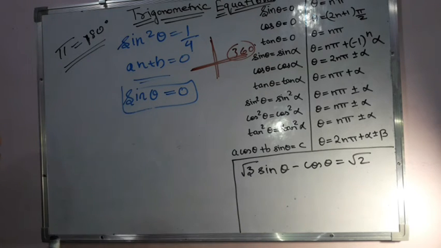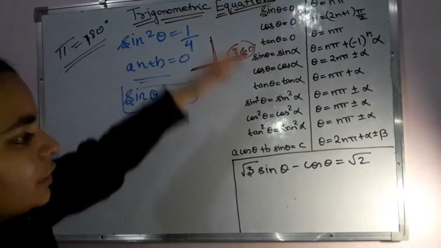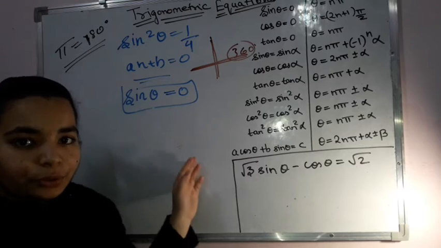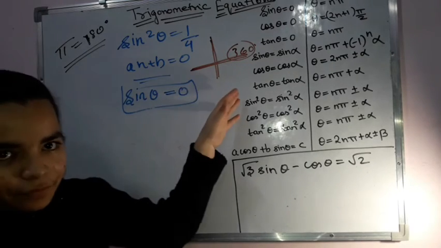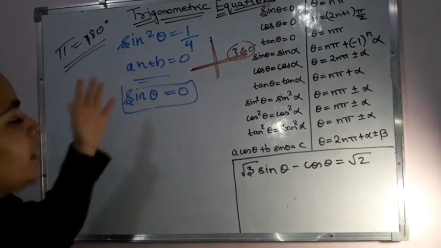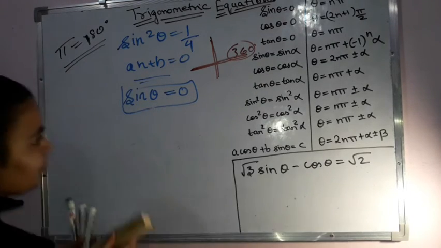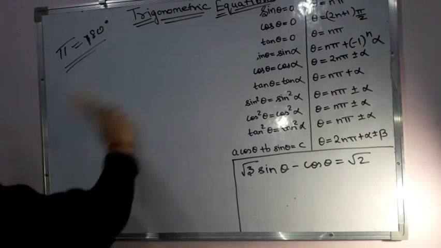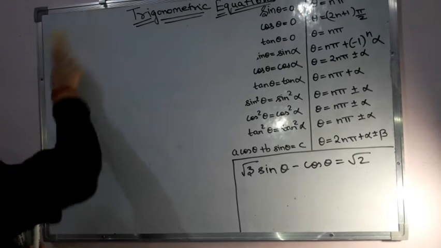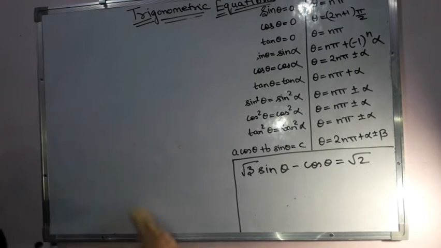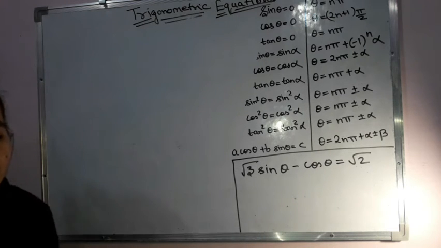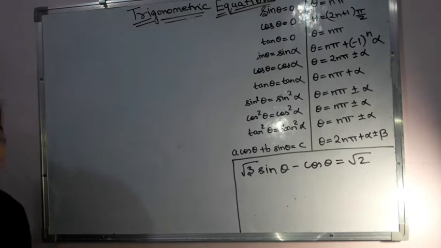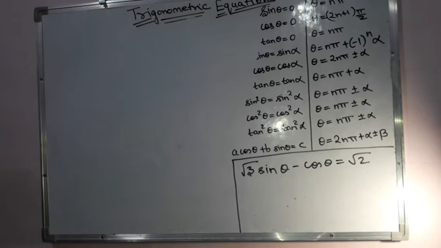Now, I hope it is very much clear what a principal solution is and what a general solution is. After this, if you want, please copy down this table, because it is going to be of much help to you, and now we are going to derive all these things so that you don't forget them, and they are going to be very easy. We'll be doing this for sine, cos and tan. If the question has values which are the reciprocals of these, you can easily invert them and change them into sine, cos, tan again.